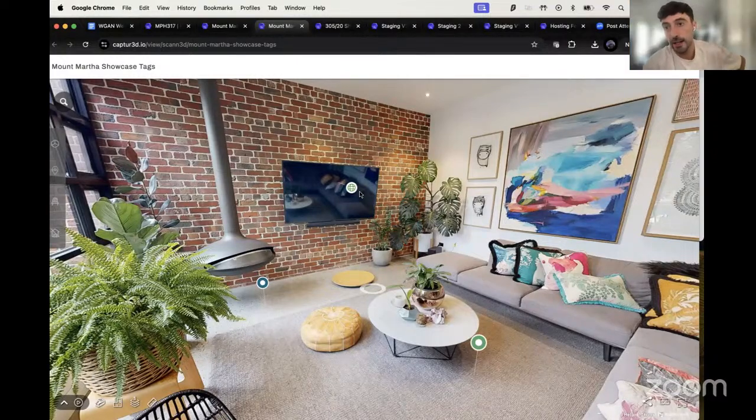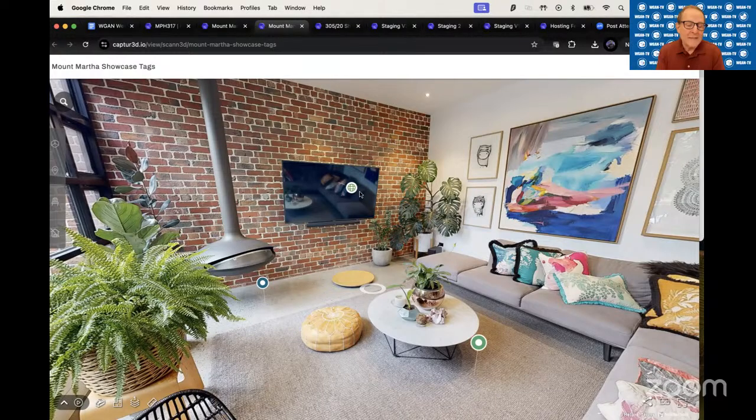Yes, so you can embed websites also into Captured tags, if the website's security and privacy settings allow it to be embedded. I was thinking even beyond a website, though. If somebody wanted a shopping experience for all the things in that living room area, it would be possible to tap on a tag created by Captured with an iframe that literally has a shopping mechanism to go buy that item.